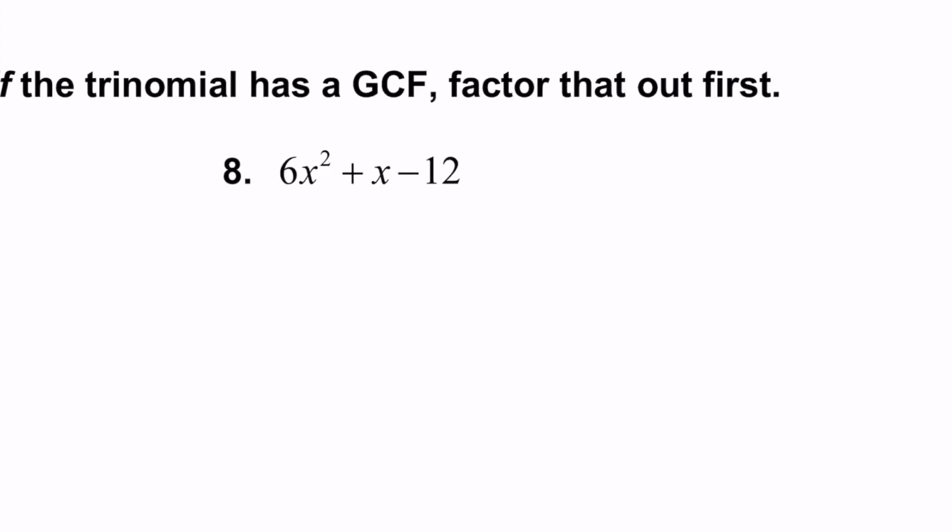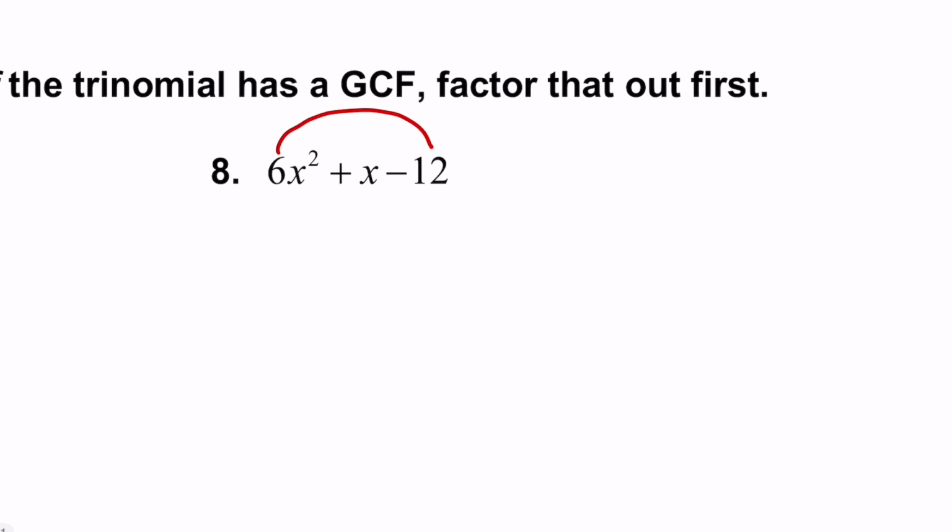Number 8. Now, if there's not a number, it's a 1. And so I know that no numbers can come out of this because a 1 is prime, and that'll come out of everything. So what I'm going to do is 6 times negative 12 is negative 72. I'm looking for two things that multiply to negative 72 and add to a positive 1. So 1 and 72, 2 and 36, 3 and 24,